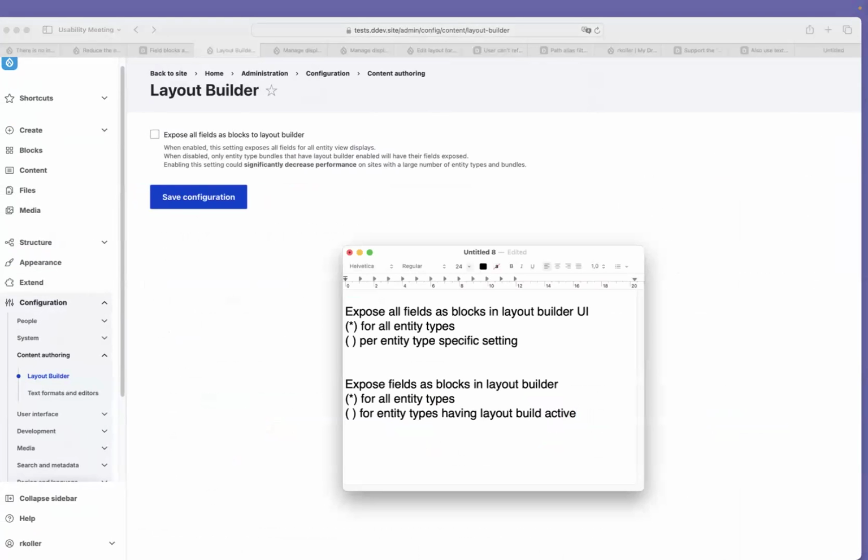So I mean, entity types is probably fine because technically, a lot of these fields for user, it's the whole entity type. Yeah, but an entity type is the overall thing, but a content type is basically a bundle, a node bundle. But it's tricky, and it's not just about content types here. And I think using entity type,